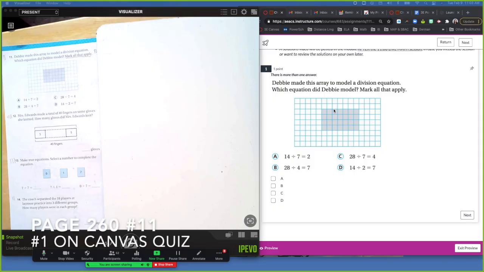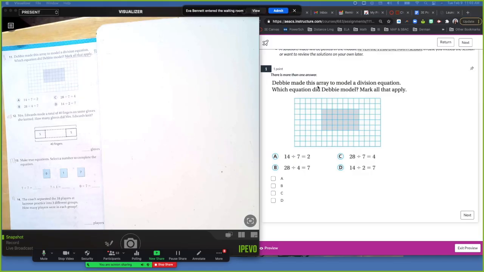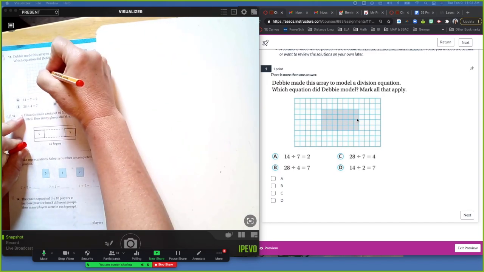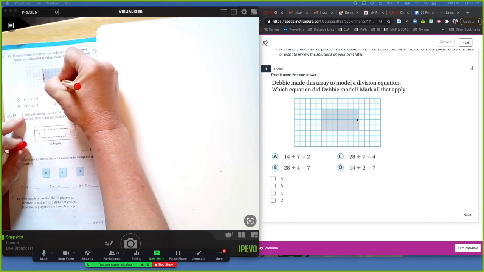Question 1 about Debbie. Debbie made this array to model a division equation. Which equation did Debbie model? Mark all that apply. So there is more than one answer. So you have to really think of this as 4 separate questions. So this array here, and I can take a look at it a little darker down here. This array